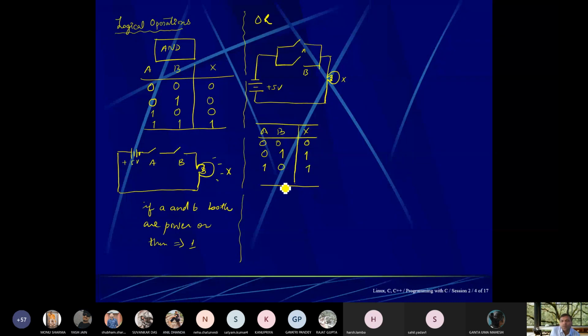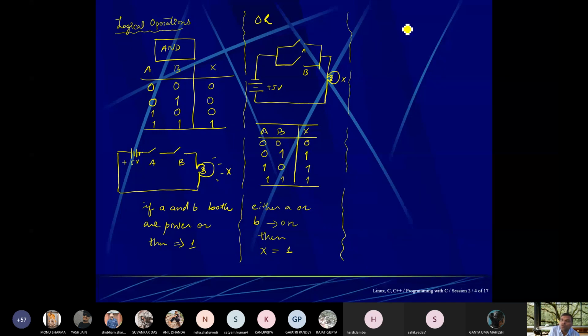If both are connected, then on, one. So if either A or B is on, then X will be on. Fine. This is the fundamental of OR.